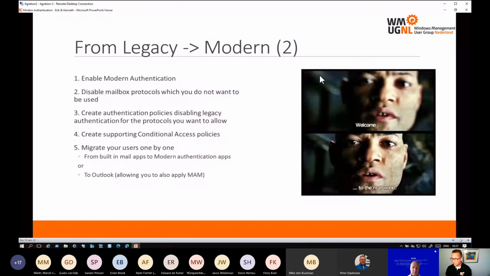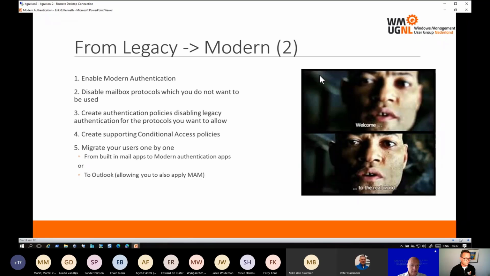So when we welcome everybody to the real world, it's a little bit more difficult than just blocking the legacy authentication using a conditional access policy. So there are more ways to do that, and I'm going to explain the way I currently do it in a large environment where users are heavily using legacy authentication protocols, and we cannot just cut them off,